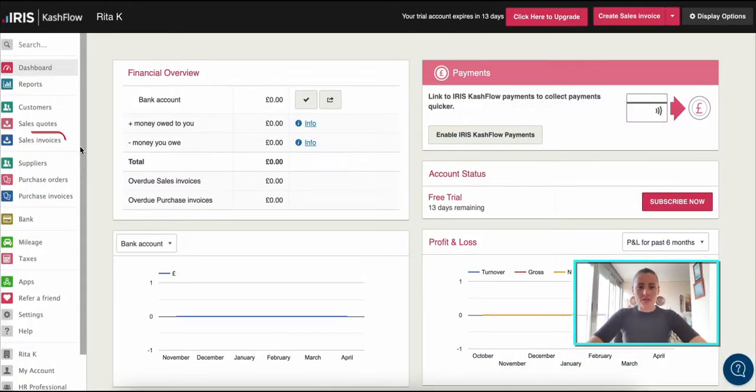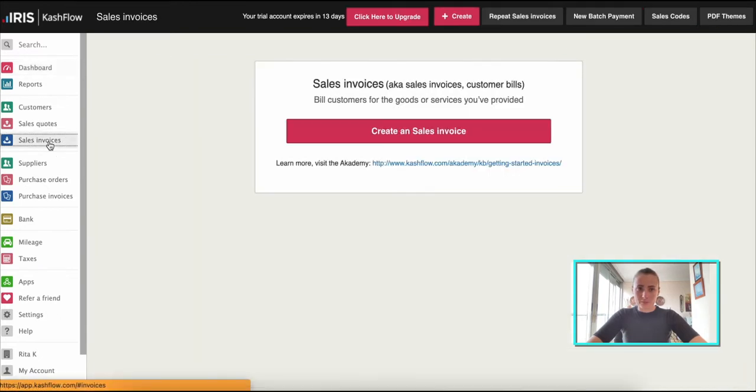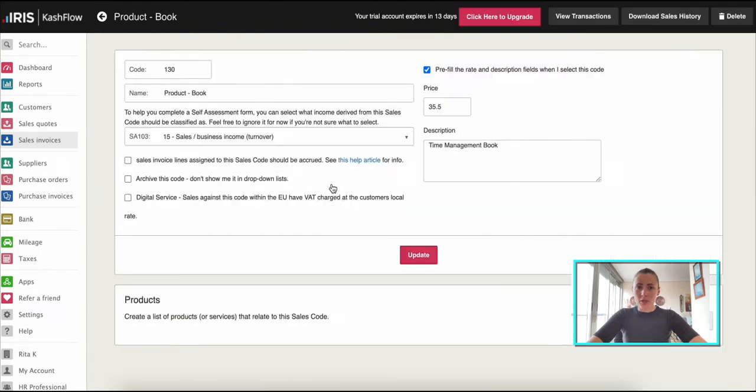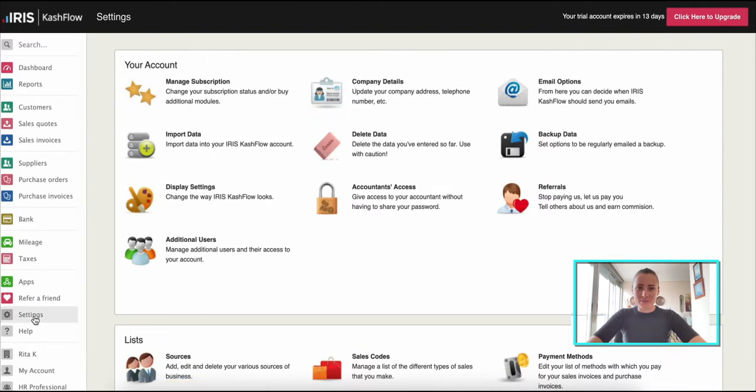So how to manage stock levels on KashFlow? When we go to sales invoices, sales codes, if we want to manage stock levels for our products like product book and canvas, we need to enable the stock management option. The way we can do it, we go to settings, and